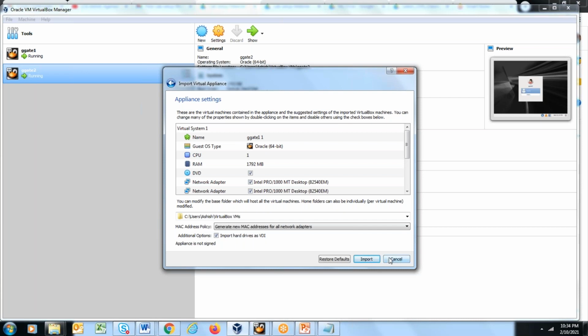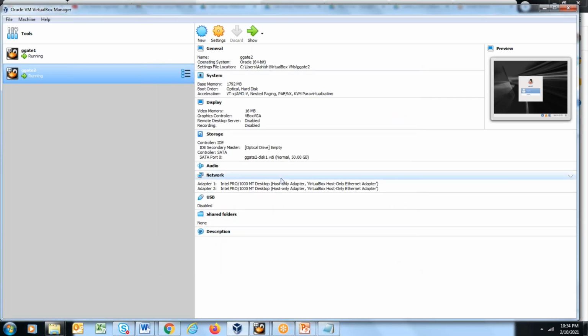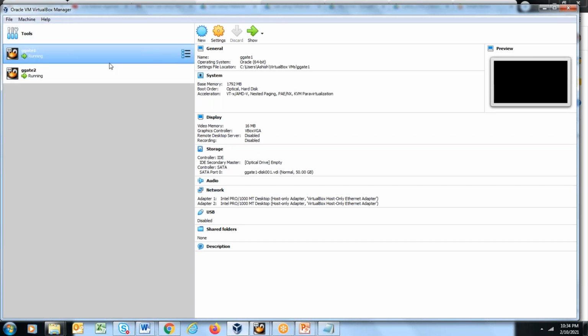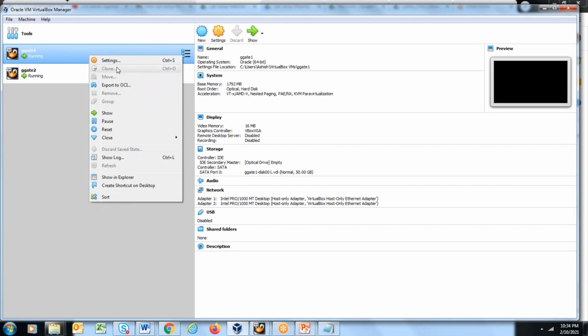Once you do that, the import will happen. It may take some time. Next, you need to clone this. So you will see gget1. If you have 8 GB RAM, then only move to the next step of cloning. If you have 4 GB RAM, then don't clone it. Once you want to clone it, right click on gget1 and click on clone. For cloning, your gget1 should be shut down, because my gget1 is running, that's why you see it is not like this. Ensure you are generating the new MAC address while cloning as well.